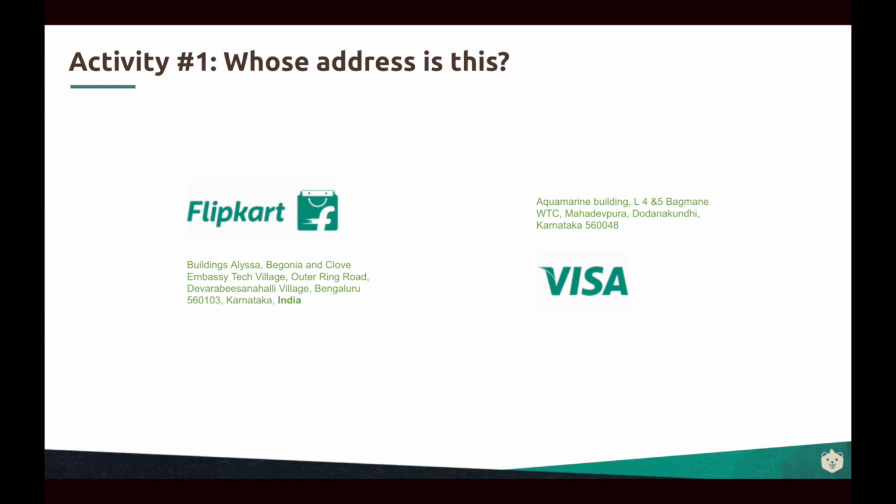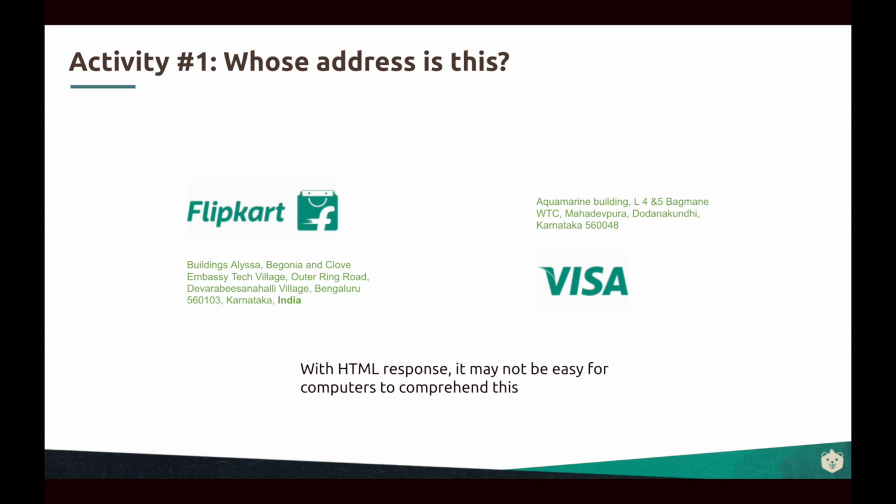Though you can be reasonably sure that if the person who designed this has some common sense, they would have put this together and this together. So Flipkart's address is Alisa, right? But if you think about it a bit more deeply, it is possible for you to interpret this only because of your worldly knowledge, right? You feel like humans in general tend to put the icon and the address together or close to each other, so most likely they belong together. So this kind of unstructured HTML response is possible for a human being to interpret.